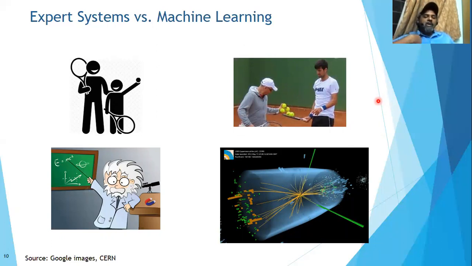So they train a lot, they understand how balls move as a result of this training, as a result of these data samples they see through their training. Or in a physics example, this is how we develop data and understanding through experimentation. So the first, on the left side, is called expert systems. The one on the right, essentially letting data intuitively tell us how things work, is called machine learning. That hopefully gives you a good understanding of machine learning.